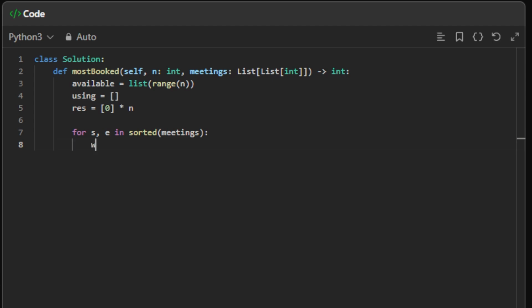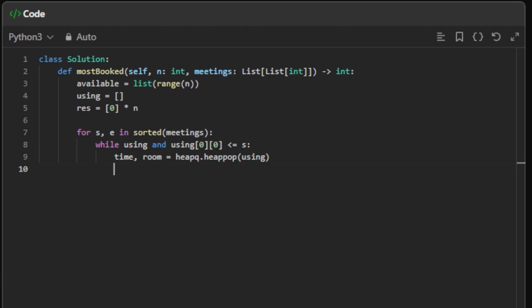So we can say while we have something in using and using at 0, 0 is smaller or equal to the current starting point, meaning if this is greater or equal to this, what this means is the corresponding room is empty again. So we need to remove this from the priority queue. So we can say time, room is heap queue dot heap pop using,